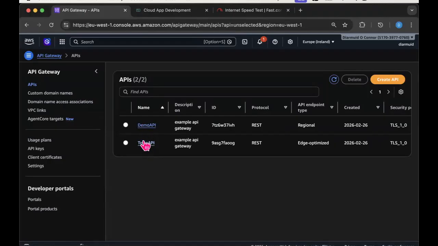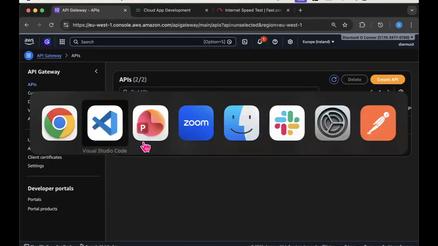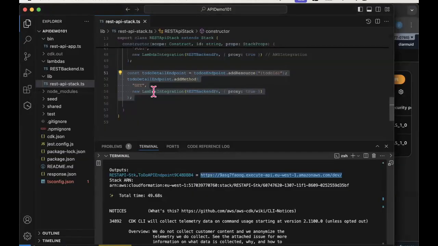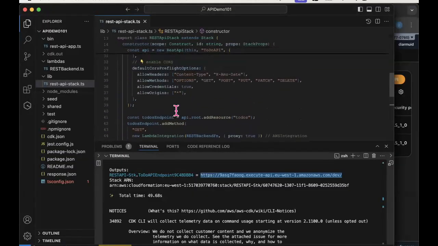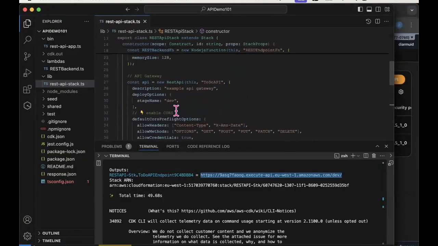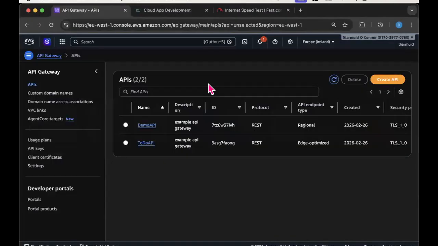So this is the one that I've just deployed. And the to-do API comes from the name that you give it here. And if you click into it,